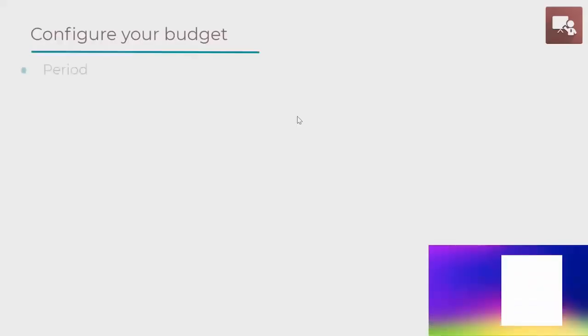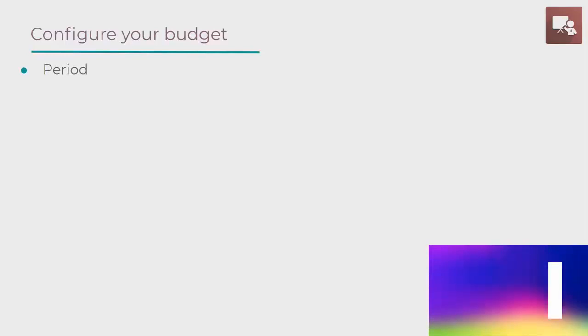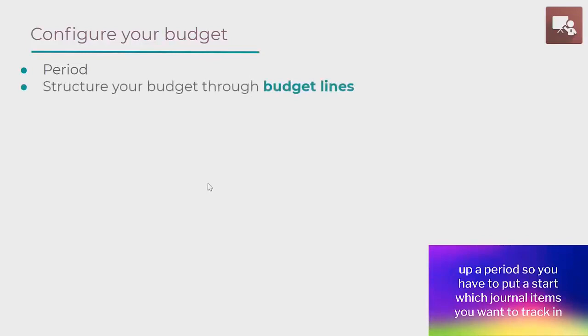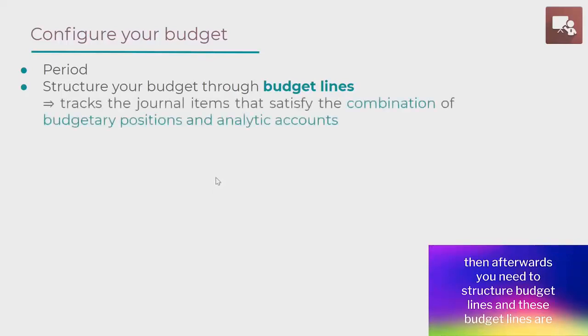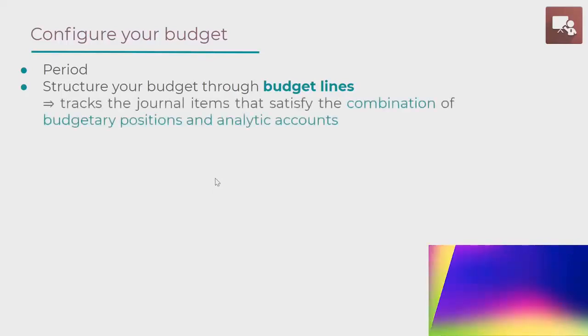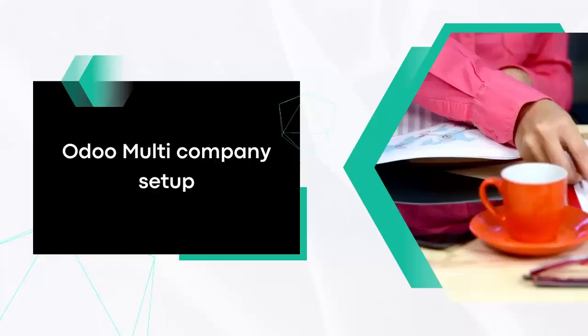Together, the different features that enables you to manage your budget. In Odoo. So let's see how to configure in your database. First, you have to set up a period, so you have to put a start which journal items you want to track in. Then afterwards, you need to structure budget lines, and these budget lines are